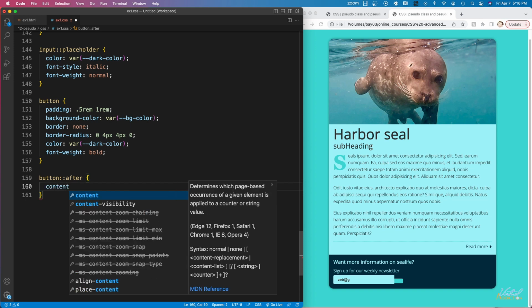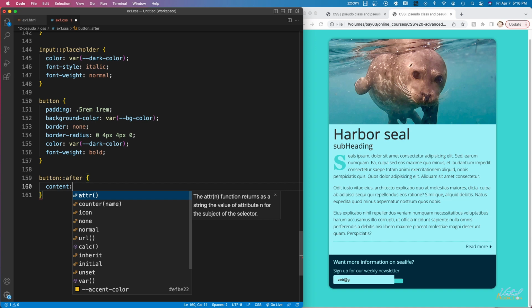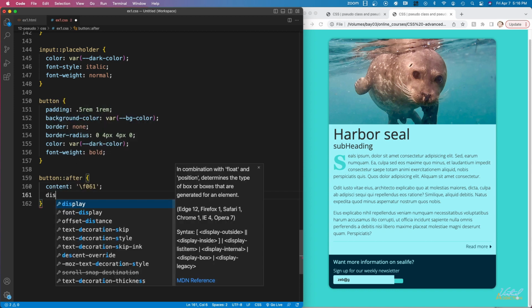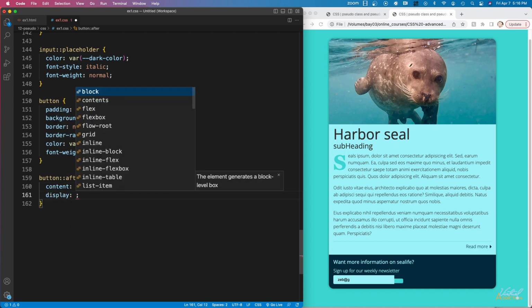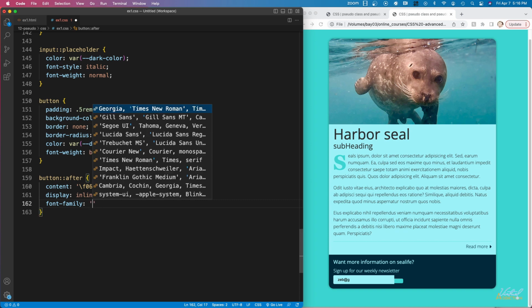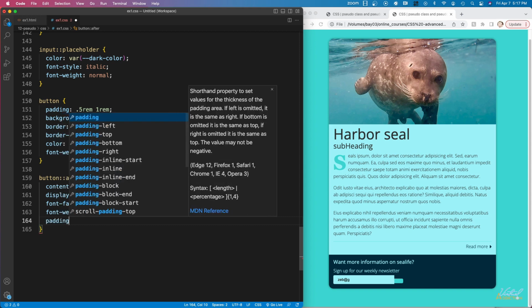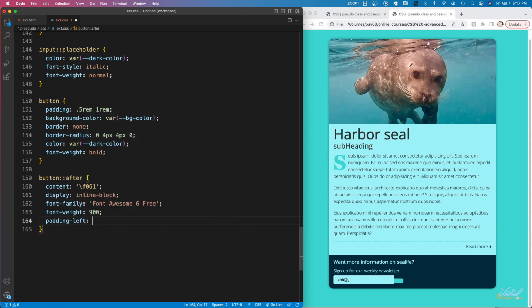and I'm going to do something similar to what we did with our anchor link. So I'm going to specify that the content be an ASCII value for the particular arrow that I want to show up. This one is going to be another Font Awesome arrow, but it is a slightly different style, so the ASCII code is a little bit different. I'm going to use a display of inline-block. I need to set my font family to my Font Awesome 6 Free. Font weight will be 900, and I'm going to add some padding on the left, and we'll pass in 5